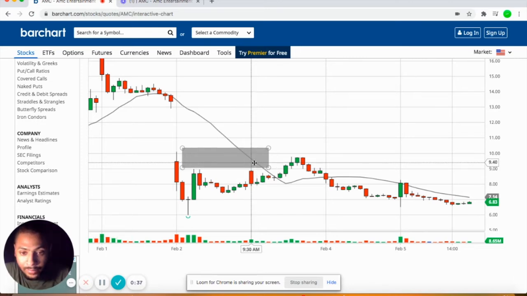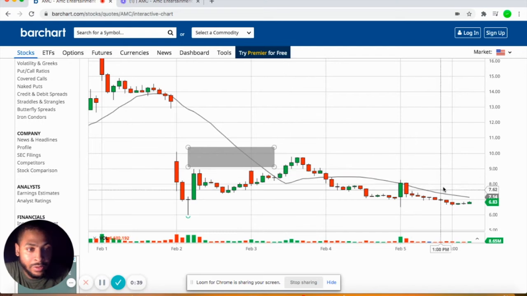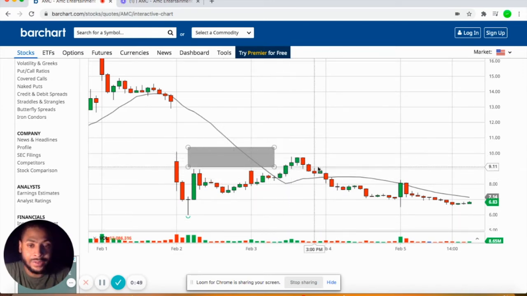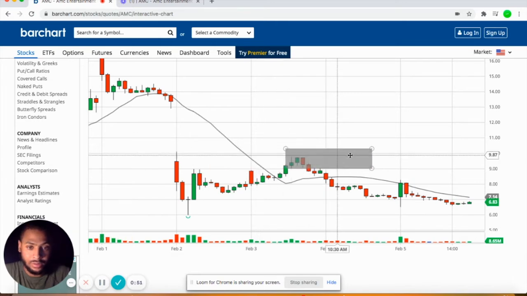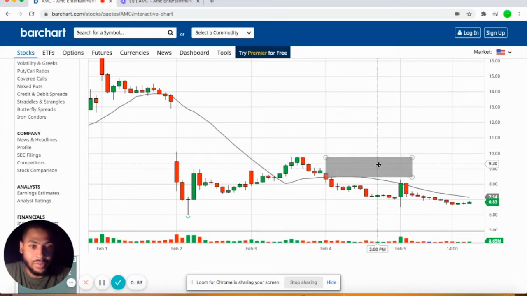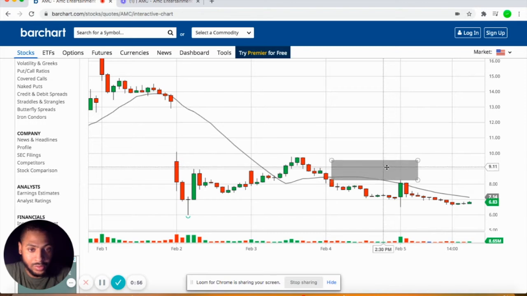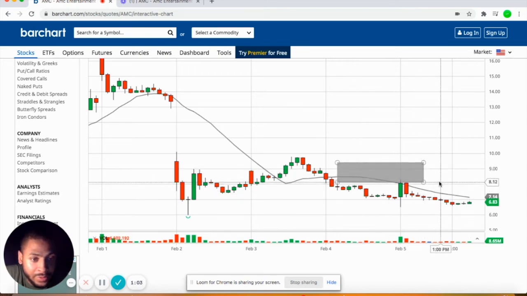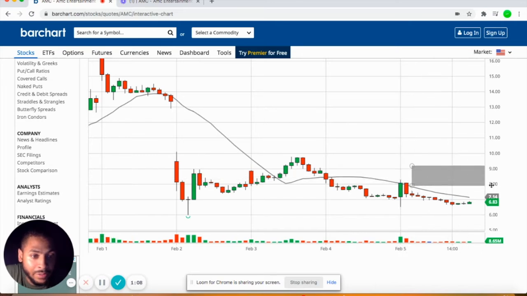So right here, from February 2nd to February 3rd, the stock didn't really move past 9 o'clock. It got close, but didn't. And then the next day, it did move past it temporarily. And then on February 4th, you again are reintroduced to this general decline, where you have another area of resistance, which is 821. And then on the 5th, it goes even further down right here,